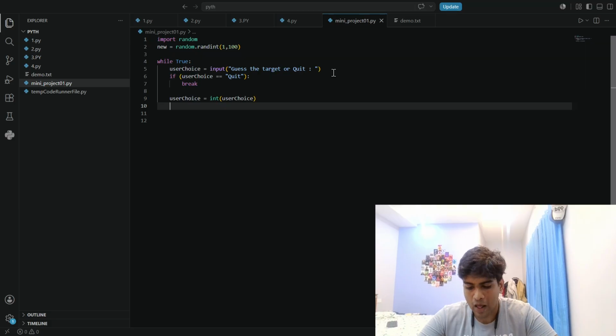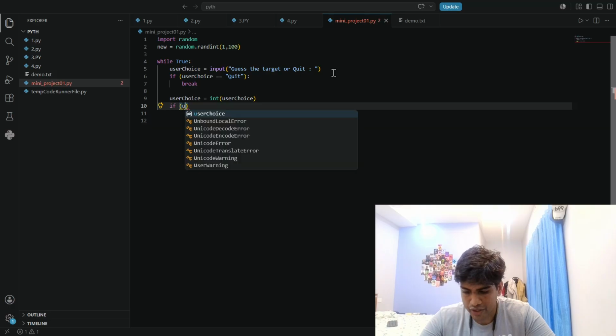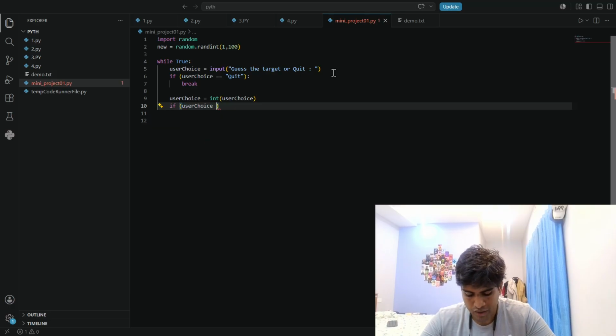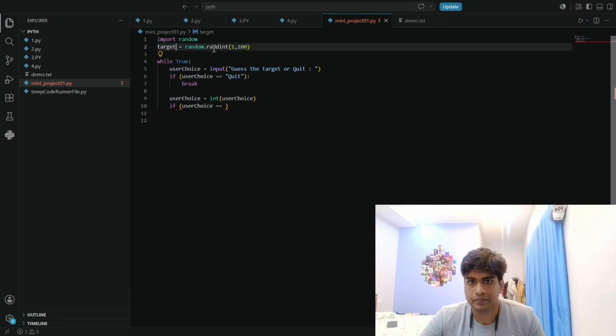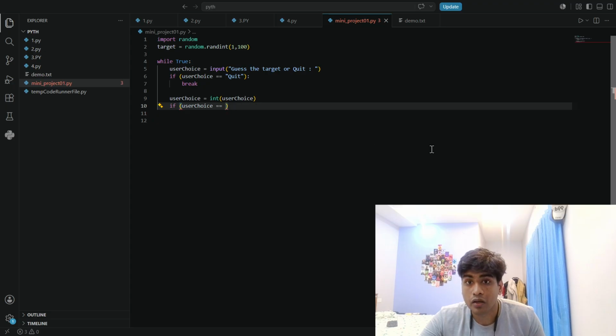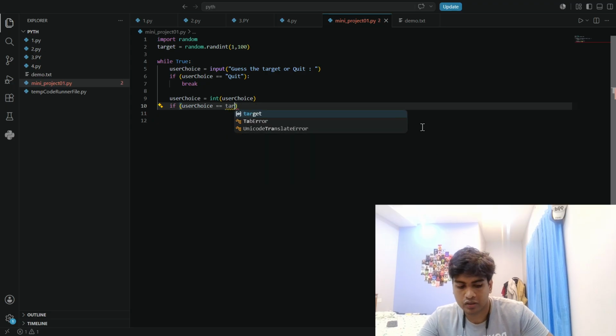Now I would be using an if case: if my user choice is equal to, let's change this new to my target, right? Now equal to target,